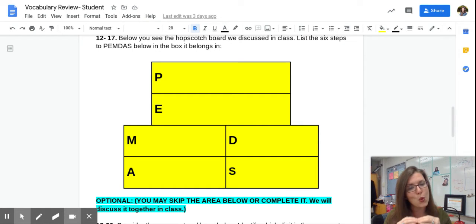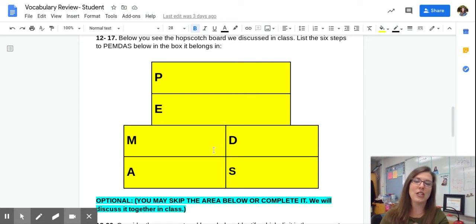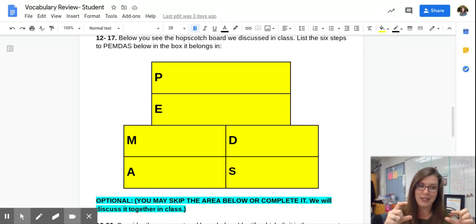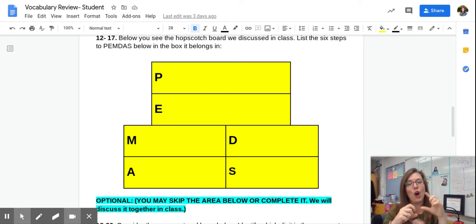They have equal importance. Things that have equal importance in my problem, I solve from left to right. So multiplication and division, I will solve from left to right. The same with addition and subtraction. We do not do all the addition, then all the subtraction. No, that's a misconception. Instead, I solve all the addition and subtraction as I see it, whichever comes first, as I analyze my problem from left to right.